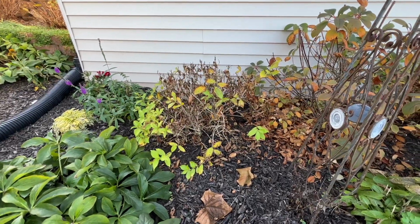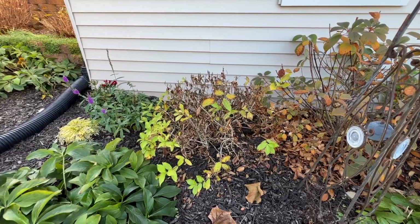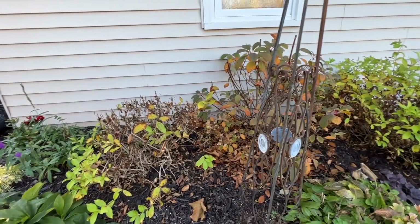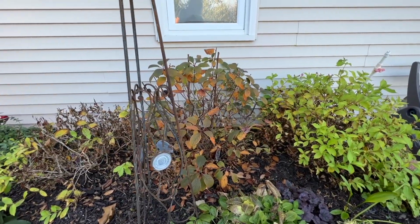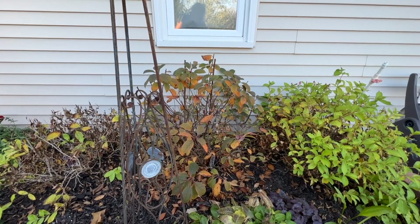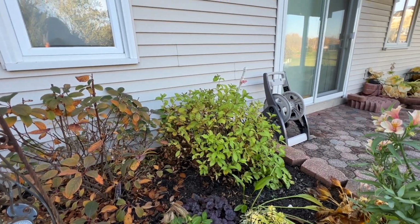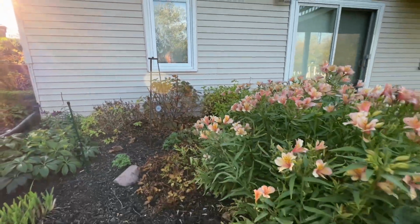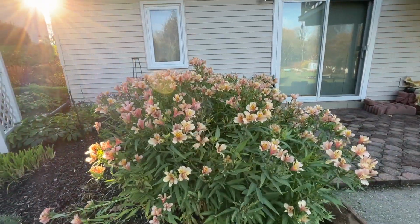This here is Weigela Snippet Lime, trimmed back to about 18 inches. It's losing most of its leaves right now. Behind this little trellis thing is a little Quickfire, 3 foot tall. And then another Weigela Snippet Lime that's at about 2 foot tall. Still going strong, and I love this plant, I talk about this all the time as well, is the Hydrangea